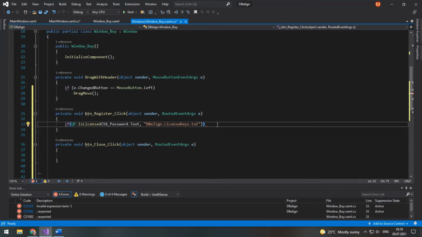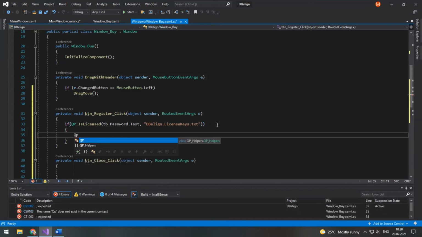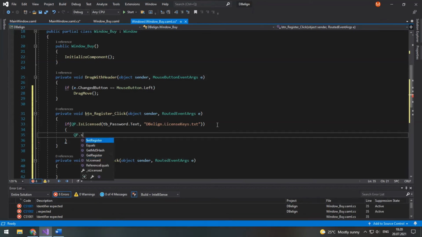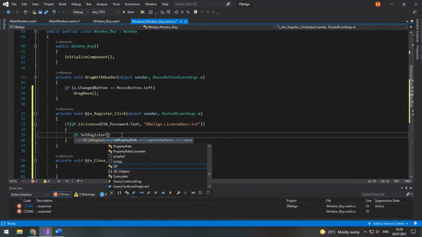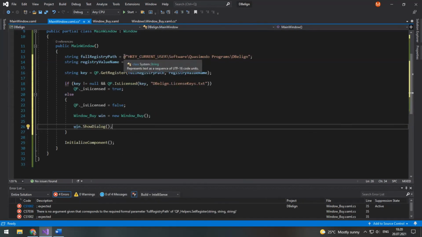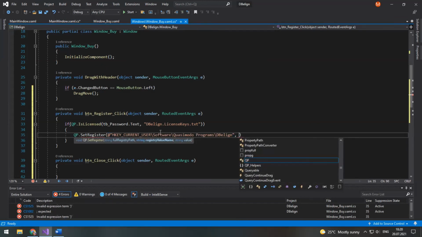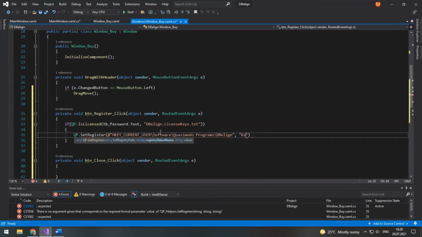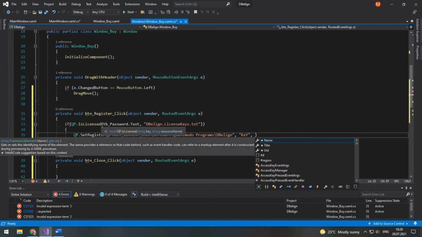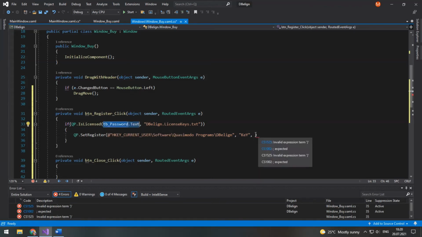So if it is licensed, we will call the set register method from qp helpers class, and here we will again use the same registry path and the same key name, and the value will be tb underscore password dot text.